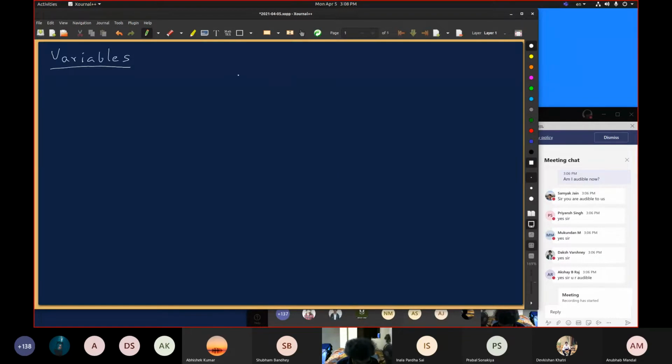I will make the things clear syntactically and to some extent with respect to the organization of the data in computer's memory. Okay, but before going to the syntax, let us first understand that we are very much